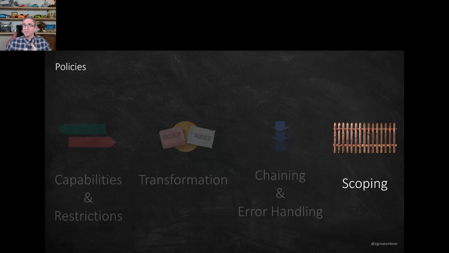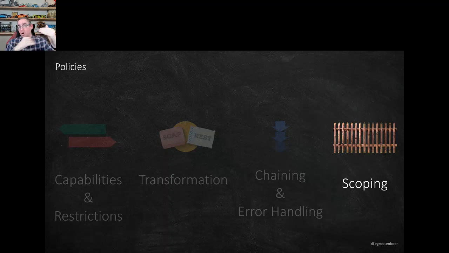The next scope is the products. I already mentioned this, where you can have different products, and for example, have a bronze, silver, gold product. Or have something like a Fabrikam product and Contoso product, where you can say, for example, on my bronze product, I can only do 10 calls per minute. On my silver product, I can do 1,000 calls per minute. Or Contoso wants to authenticate with certificates, and Fabrikam wants to connect using OAuth, for example. So that way you can have the different products with those different policies.